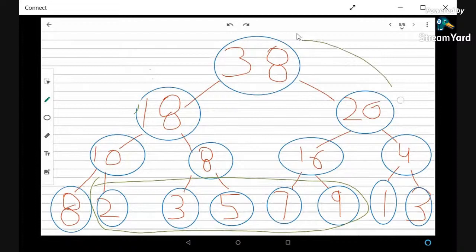Usually people use the top to bottom approach because it is easier to implement, and there are some other advantages as well. But for now, I'm going to tell the bottom to top approach,